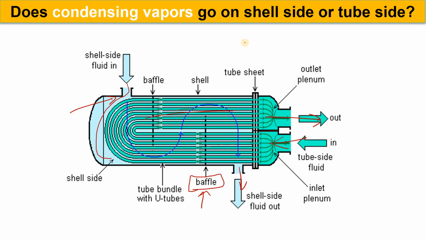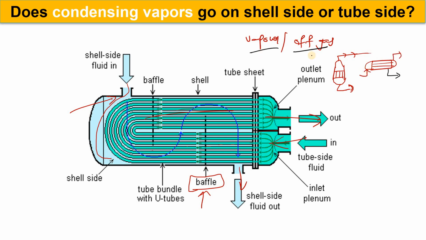So now you have vapors, or the off gas, which you have to condense. Let's take one example: you have one vessel, let's suppose a separator kind of vessel, and from here the bottom product will go. This is the off gases, and after that there is one heat exchanger. So this is the heat exchanger.